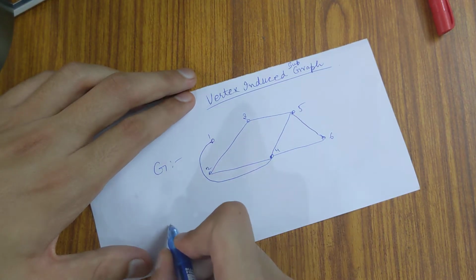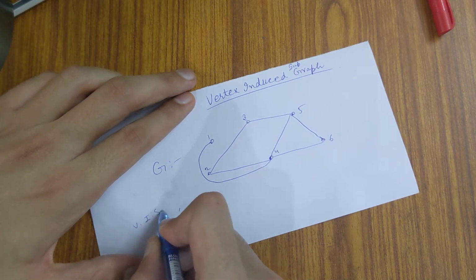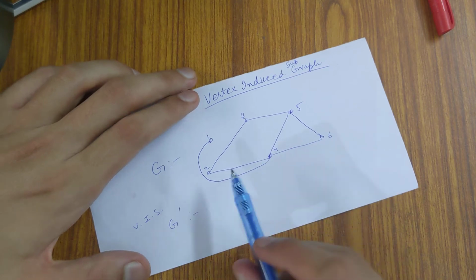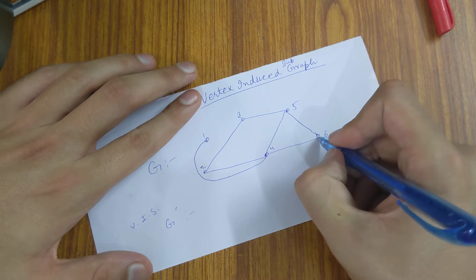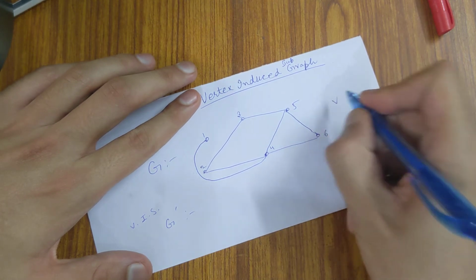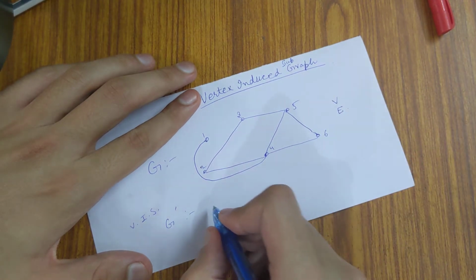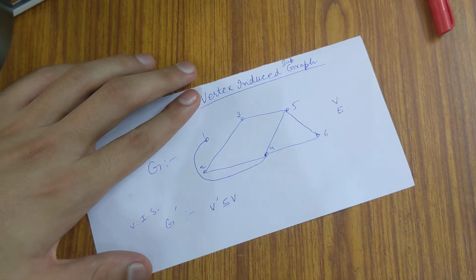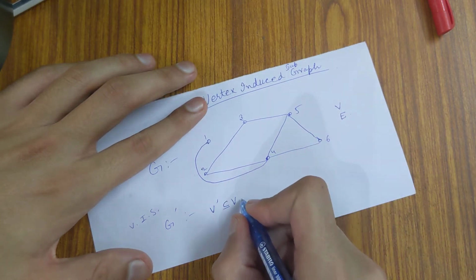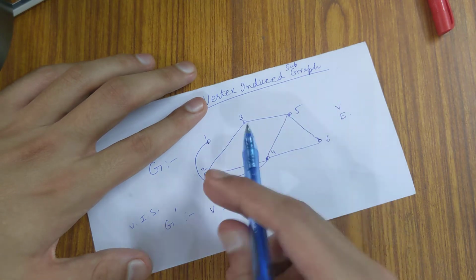Now if I talk about some G dash, which is a vertex induced subgraph of this one, then it can be something like this. We have the vertex set V and the edge set E in the original graph. Then here we have a vertex set V dash, which is a subset of V, and we have to take all the edges which are connecting